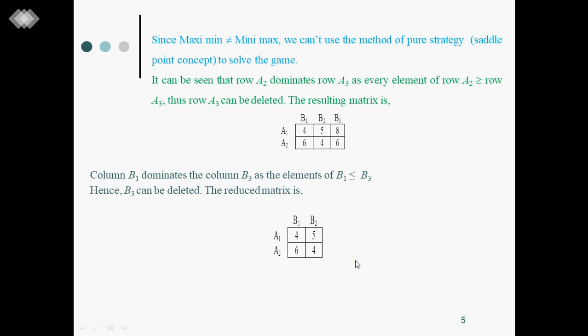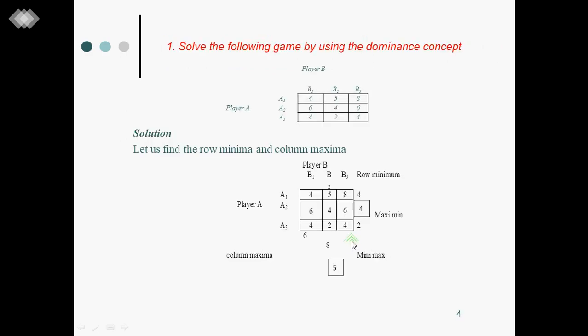Now it is reduced to a 2 by 2 matrix which does not have a saddle point. Already in the previous session we discussed how to solve a 2 by 2 game without saddle point. That is a11, a12, a21, a22, if you remember. That analogy or that formula you have to recall. And you have to call x1, x2 the probabilities, y1, y2 the probabilities. So here, if you take the original problem, you have 3 strategies for player A, 3 strategies for player B. So to be precise, you have to call x1, x2, x3. Of course, x3 is 0, it is deleted, no?